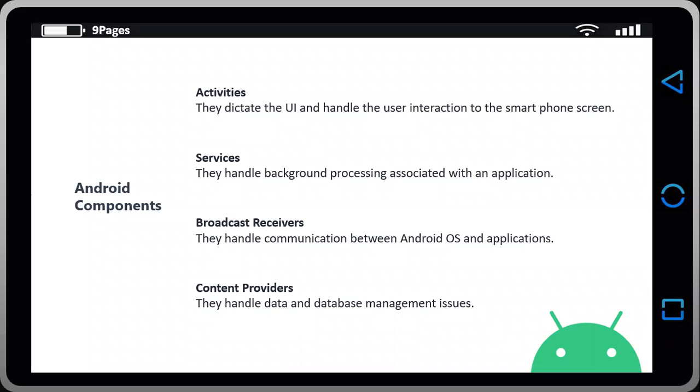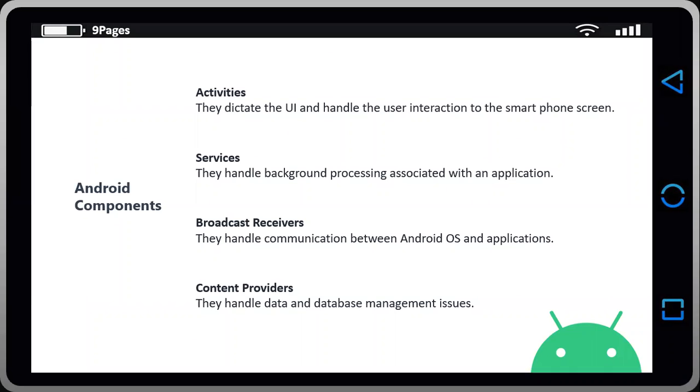For that you can inherit the functionality of the service class. And after that we have broadcast receivers. Broadcast receivers simply respond to broadcast messages from other applications, or from the system also.